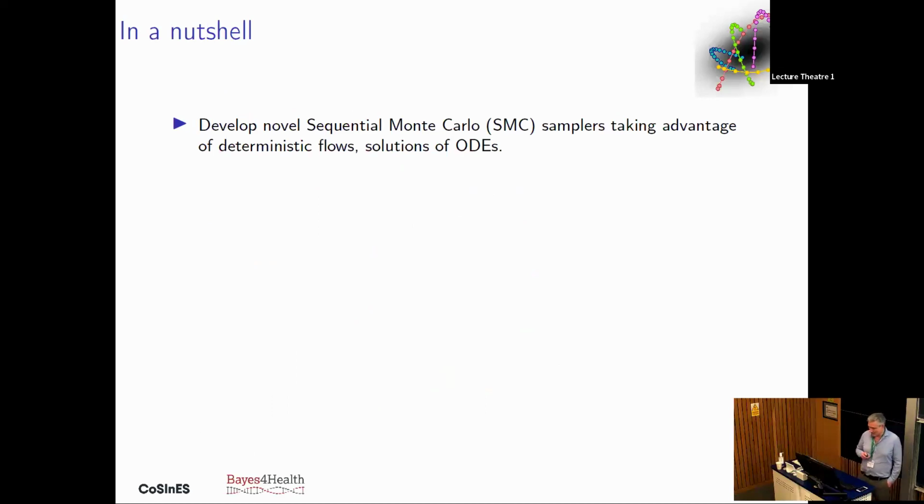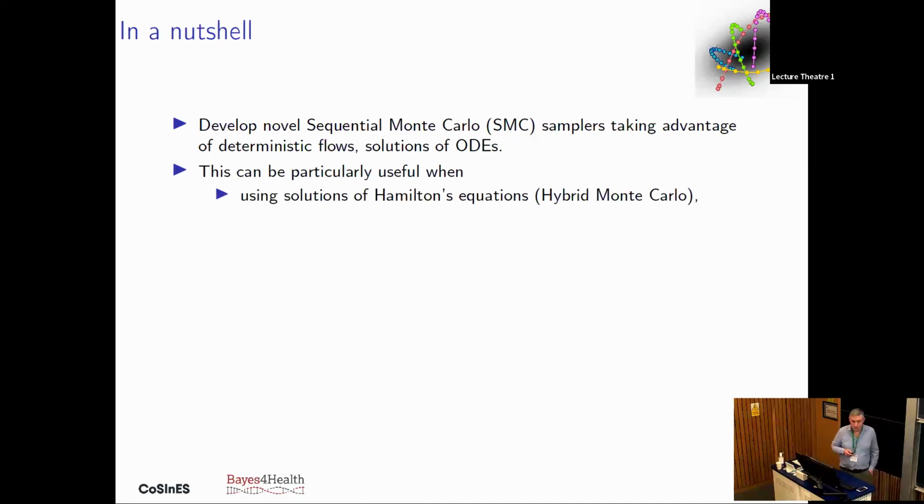So I will go first through the overview of the take-home message. Basically, we talk about novel, between quotes, sequential Monte Carlo samplers, with a focus on sequential Monte Carlo samplers that are going to exploit deterministic flows that are solutions of ODEs and their discretizations. As we shall see, we already know that this can be useful. Hamilton's equations have been thoroughly exploited in this kind of context in order to move samples around the space and explore the support of the target